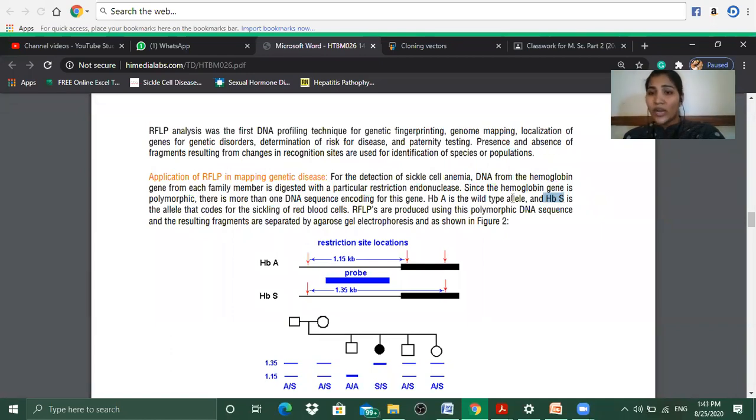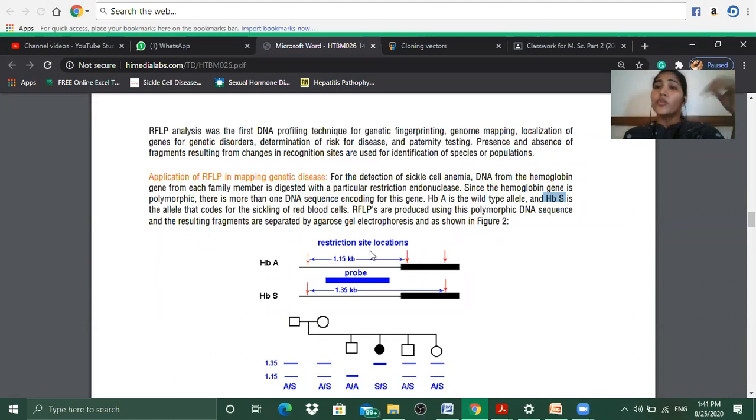So HbA is the wild type allele, and HbS is the allele that codes for sickling of red blood cells, right? HbA is the wild type, meaning all of us, you and me, we have the wild type hemoglobin allele, that is HbA. But the person who will be suffering from sickle cell anemia will be having HbS, which will code for sickling of the red blood cells. So RFLPs are produced using this polymorphic DNA sequence,